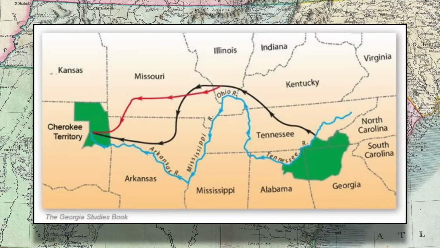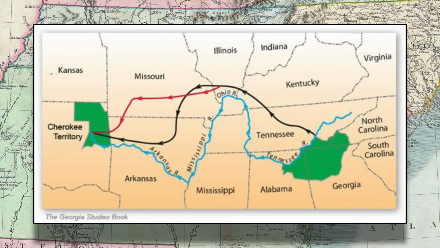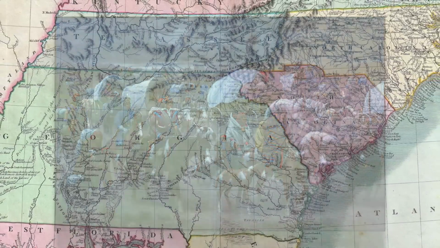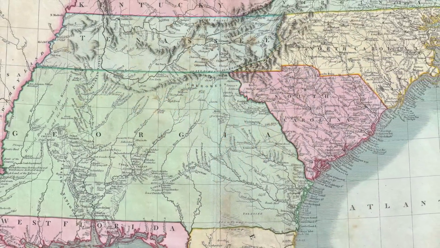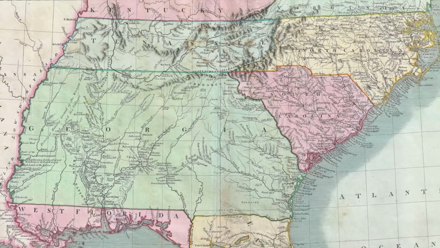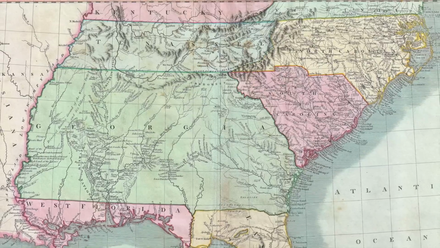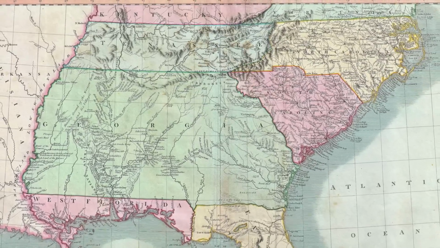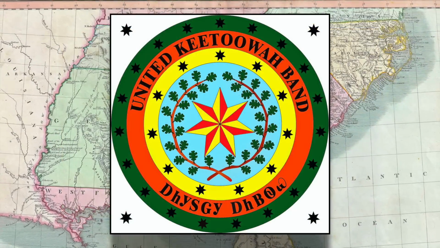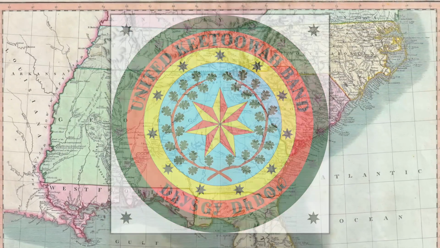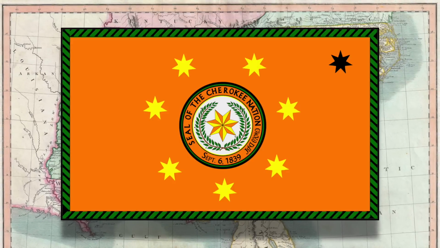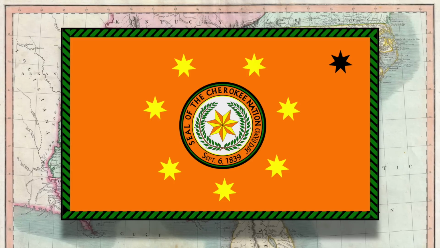The nation was split in the 1830s with the forced removal of thousands of Cherokee to Oklahoma, known as the Trail of Tears. The nation was absorbed into the United States as an autonomous region at the conclusion of the Civil War. The Cherokee Nation still exists in three separate tribes, but not as fully sovereign nations. One tribe in North Carolina with around 16,000 members, a tribe in Oklahoma with around 14,000 members, and a second tribe in Oklahoma, which is the largest of the three and is known today as the Cherokee Nation, with over